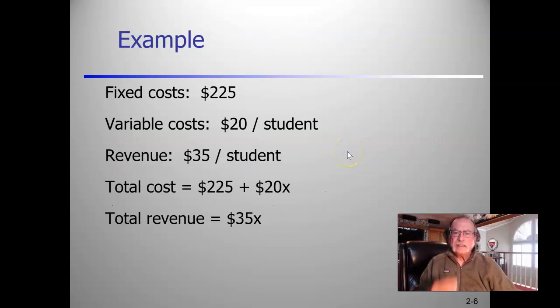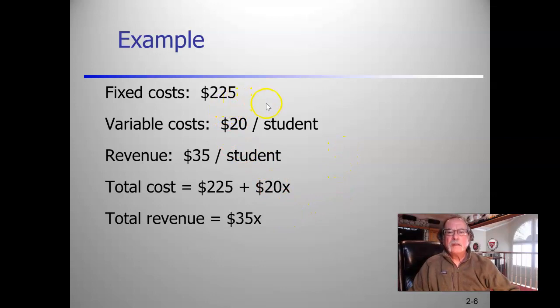So let's look at an example here. I believe this example is where we're going to have a seminar class, and we're going to provide working materials for each person attending the class. Renting the room costs $225. The materials are $20 for each student that's going to attend the class, and we're going to charge $35 a